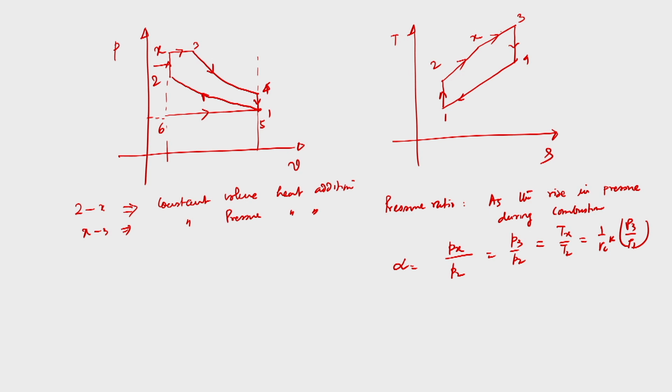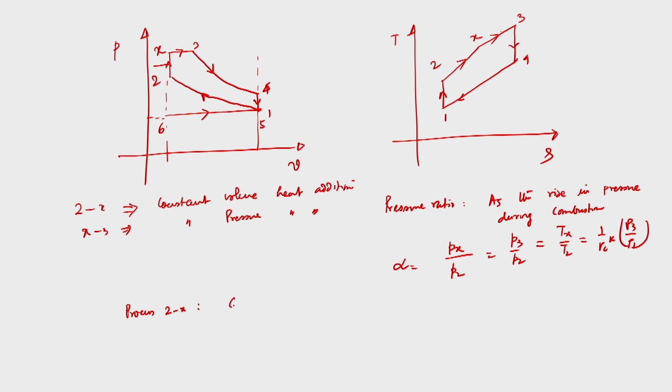Okay, fine. Now the question is process 2 to x, a very important process. We have to analyze process 2 to x first. Process 1 to 2 is an important process, but process x to 3 is very straightforward. We only need to know the heat output and heat input. Process 1 to 2 is straightforward, so I am not going to analyze it. Now we write process 2 to x, which is a constant volume heat input.